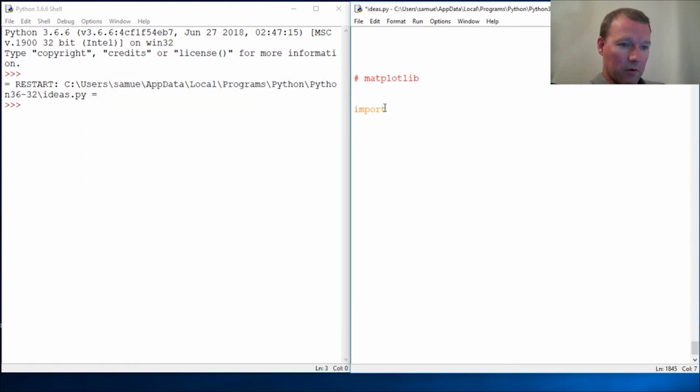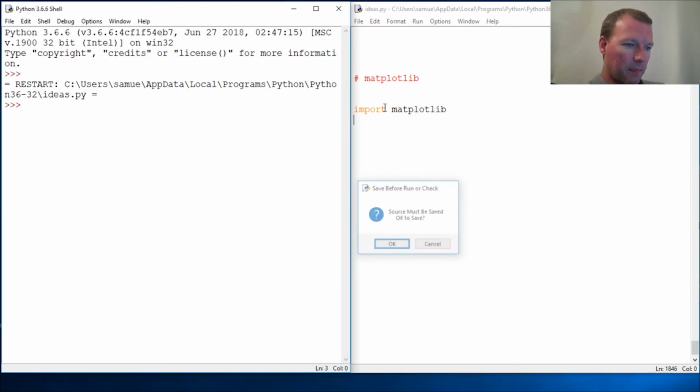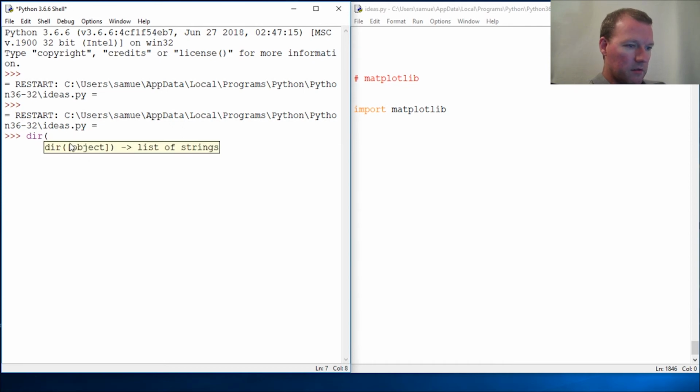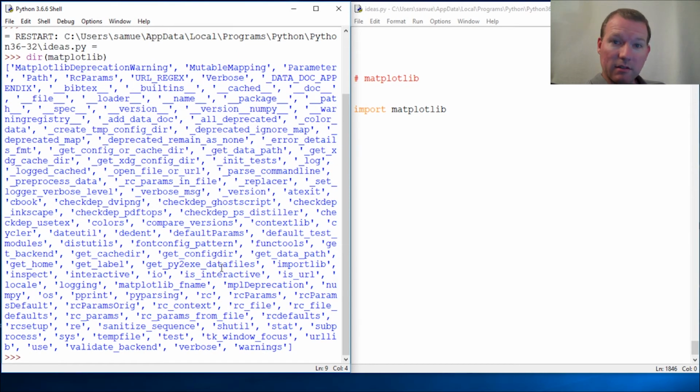All right, import Matplotlib, run it. dir Matplotlib. Okay, that's a ton of stuff, right? Very cool. These libraries have been written by somebody else who is taking the time. This is why I love Python. It's a huge community. Use the tools that somebody else has already made. So all right, we are going to just go from there.